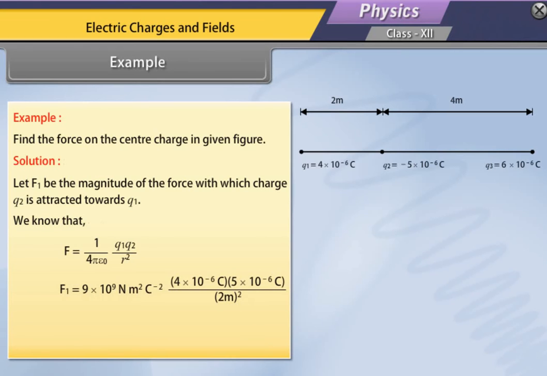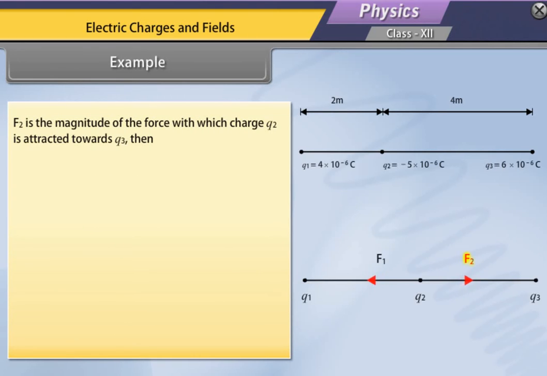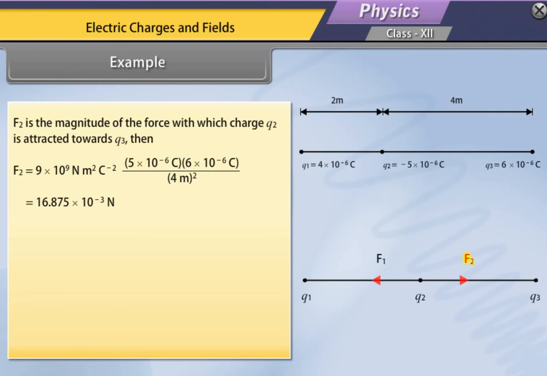Put the values in this equation, we get F1 = 45 × 10^-3 Newton, which is equal to 0.045 Newton. F2 is the magnitude of the force with which charge Q2 is attracted towards Q3. Put the values in the above equation, we get F2 = 16.875 × 10^-3 Newton, which is equal to